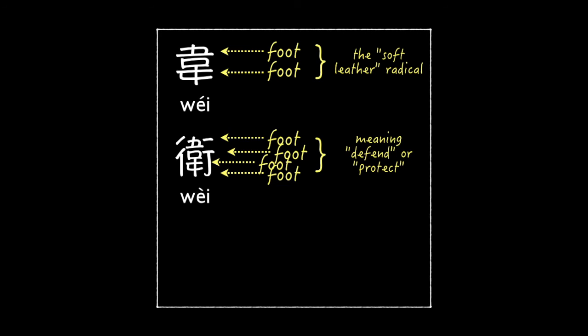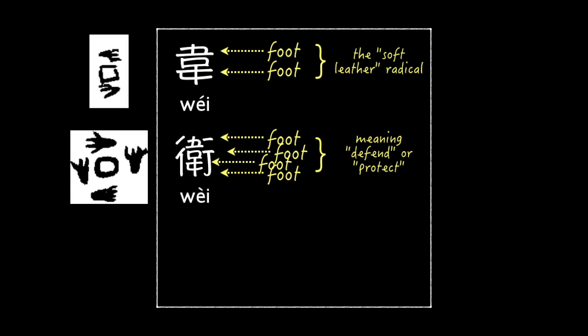In this case, very clearly, the radical xing does not represent an intersection of roads, but really does depict 2 human feet. Don't believe me? Well, now you can see the ancient pictographs on the left side of the screen, and the etymology leaps out at you right away. In this case, it's the combined character as a whole that makes sense, not the individual